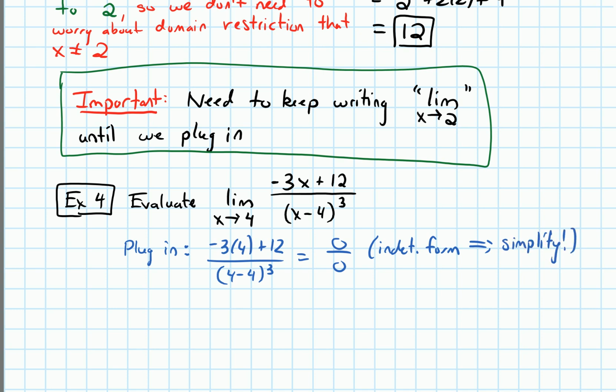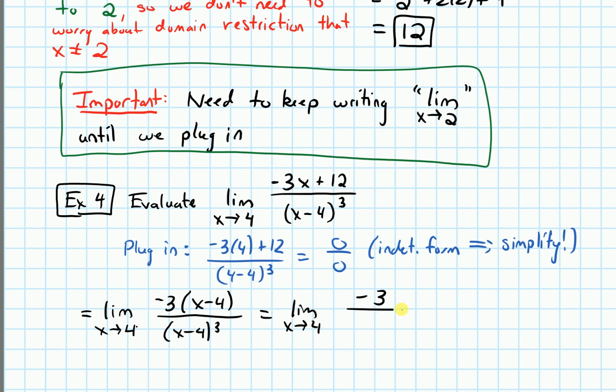Okay, so let's simplify this. And again, I need to keep writing that limit in front until I'm actually legally able to plug in. Okay, so on the top, it'll actually be best to factor out a negative 3, because if I do that, I'm left with x minus 4, and then on the denominator I get x minus 4 cubed. And now I can cancel out one x minus 4 and get the limit as x approaches 4 of